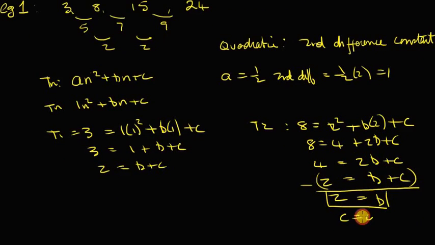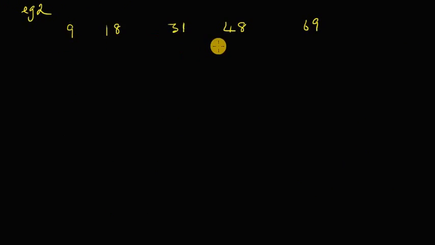So c is equal to 0, because we have 2 is equal to b plus c. That means our t of n, I can have completed, is equal to 1n squared plus 2n, and that's it, because there's no constant, because c is equal to 0. So you've got your tn. Let's do another example. 9, 18, 31,